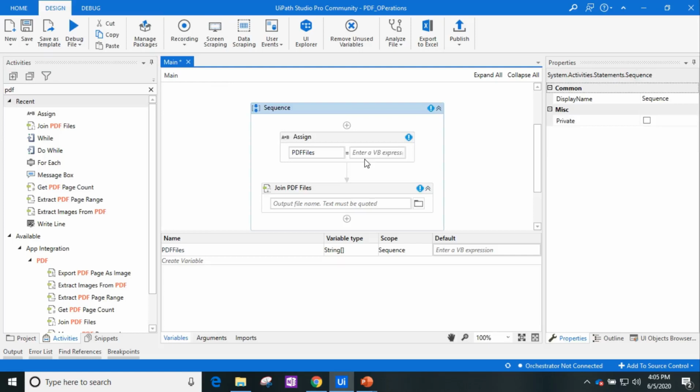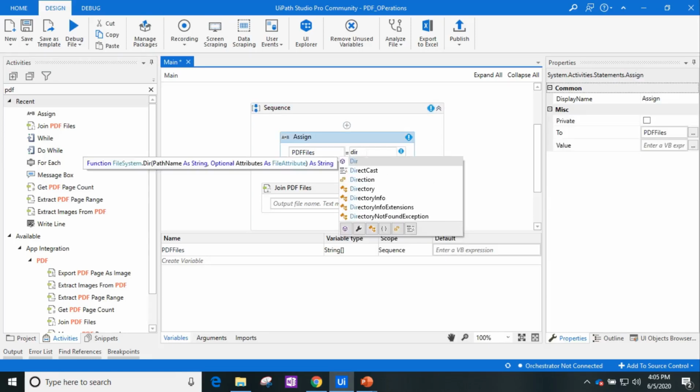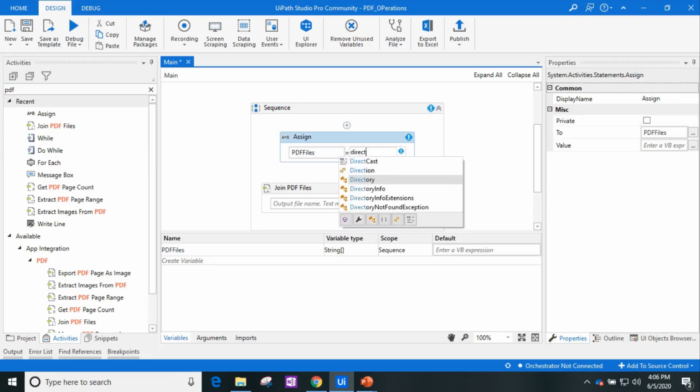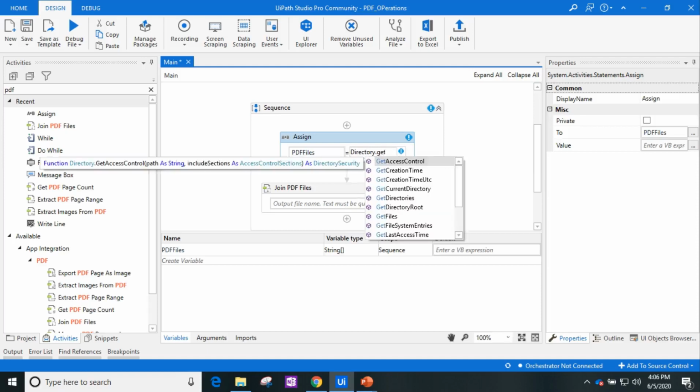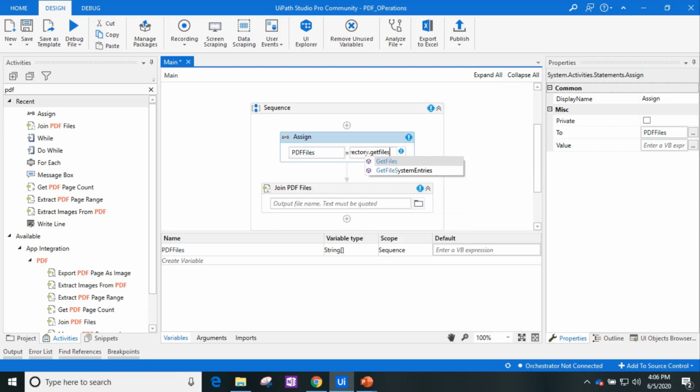To get the files from the folder, we will use the directory function. So we will use Directory.GetFiles function. It takes two parameters. First is path as a string. So I have already copied the path, so we will give the path here, the / and comma.